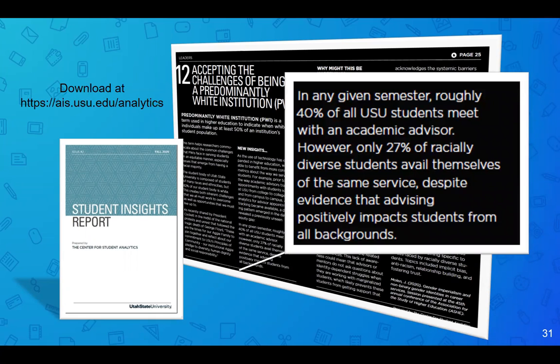This page is a Black Lives Matter inspired page in this Insights report that we put in there to call our institution to the opportunity of facing the challenges of being a predominantly white institution. I think like 82% of our students are white, so we really need to face that. This page is a call to action for our university to step up and help these racially diverse students. So I write about that, but the point is here's a perfect example of the door's always open, yet these racially diverse students aren't coming through that open door.